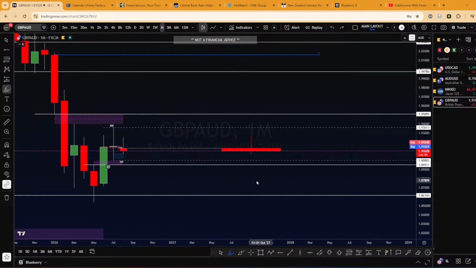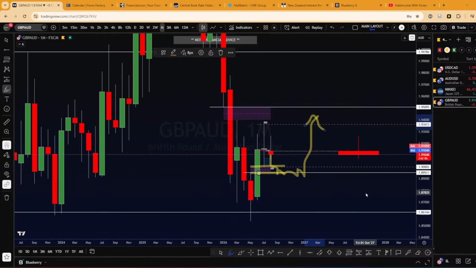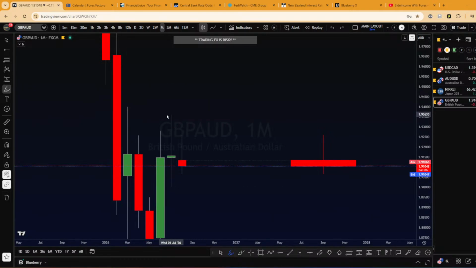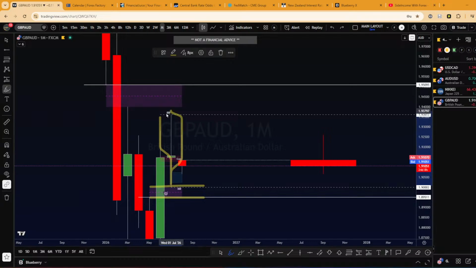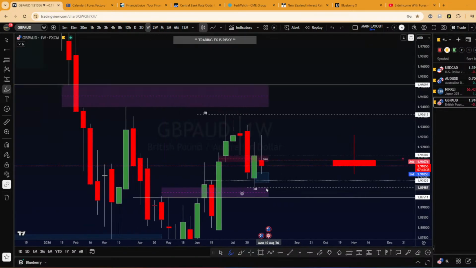But when I zoom in, we also have some imbalance here where price could potentially fill, retest this level and then continue to push. If you see, last month we closed with an indecision candle. This candle is an indecision, so that's why I don't really have a bias right now until we get to this level or we target this level. Price is in between these levels, so it's very difficult for me.